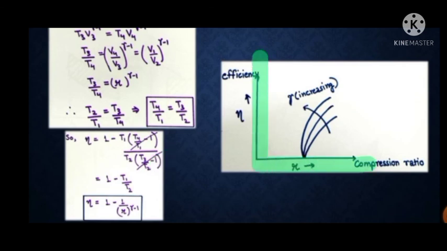So this is the graph for efficiency and compression ratio. As r is increasing, efficiency is what? Increasing. So the moment you increase the compression ratio, efficiency will go on increasing. Just keep this formula in your mind, and as well